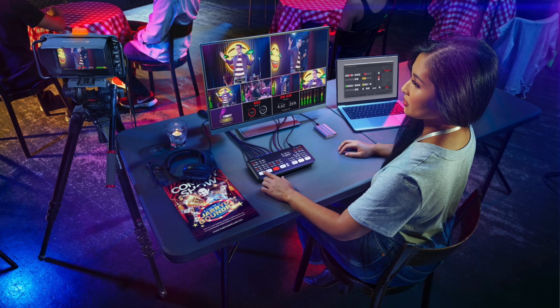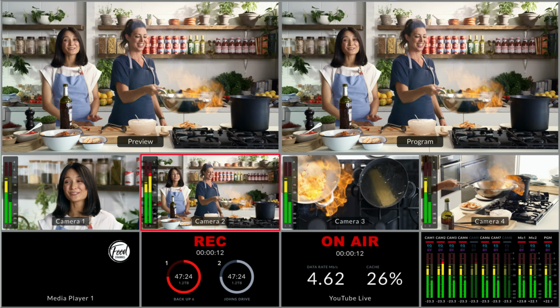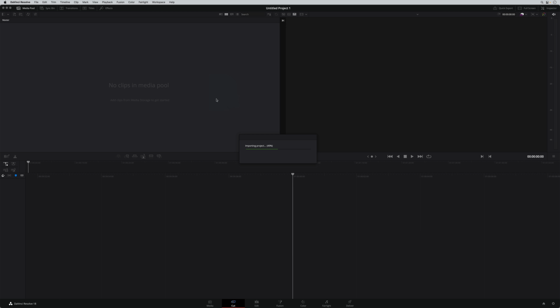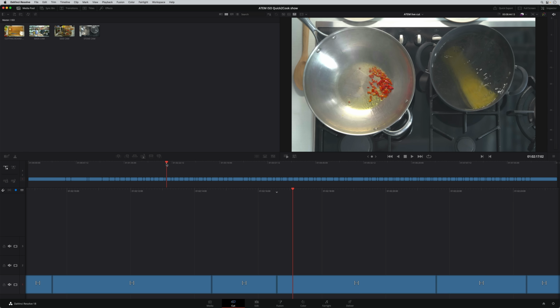There has also been a fix for importing project files from the ATEM Mini ISO and ATEM SDI ISO models of live production switchers. These models support recording a video file for each video input of the switcher. They also record a DaVinci Resolve Project DRP file of the switcher transitions while you worked.